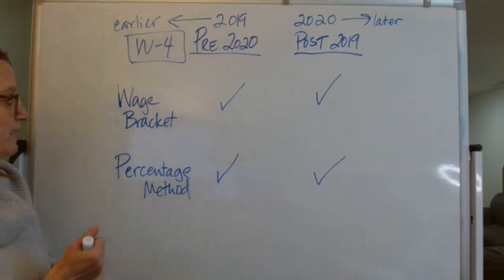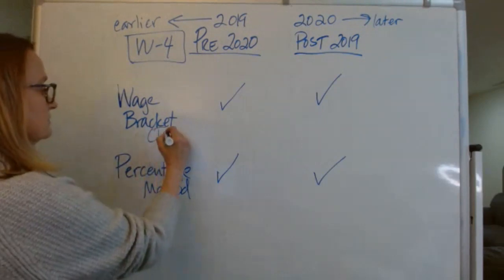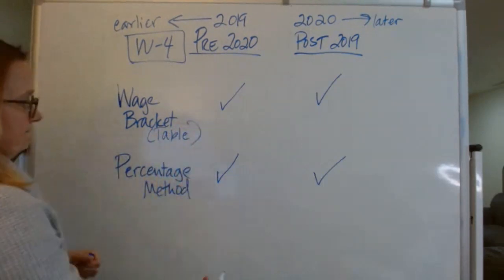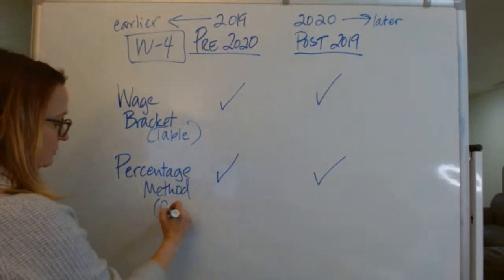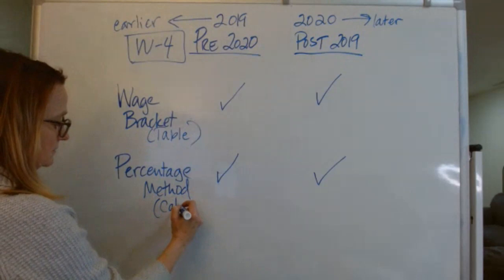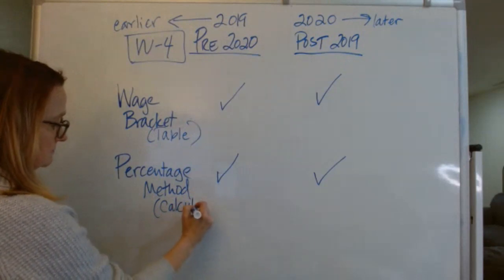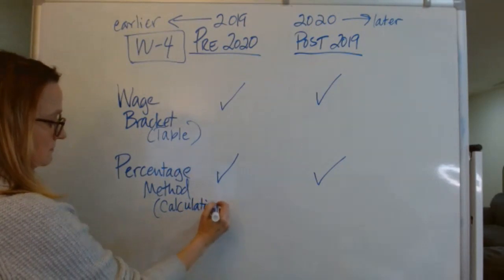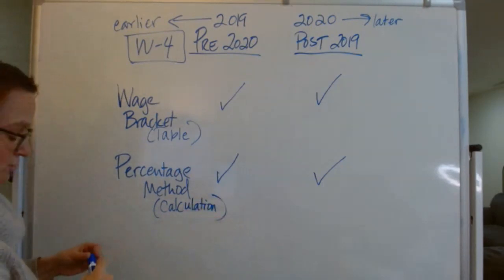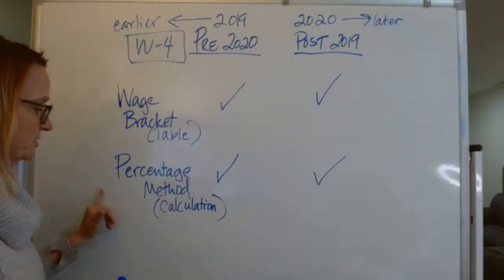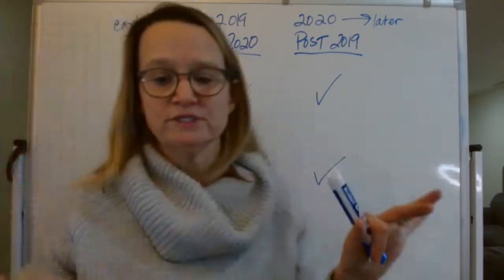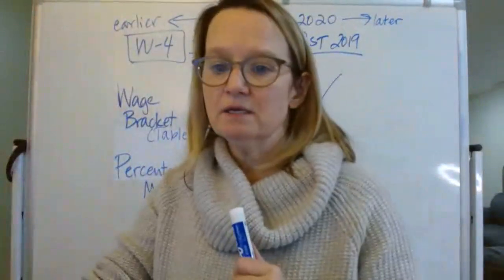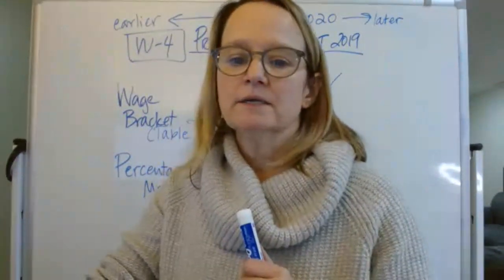But like I said, the wage bracket method, essentially this is a table. And the percentage method is a calculation. It's essentially a calculation, but it's based on a table. We get that information from a table. All right, so we've got kind of these 4 different methods. You can see here in this